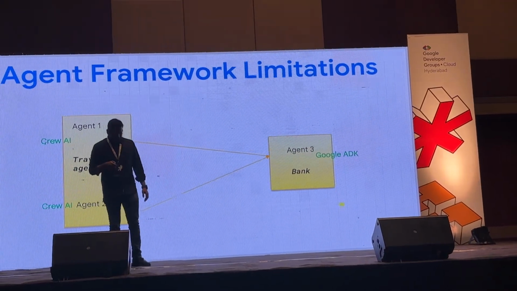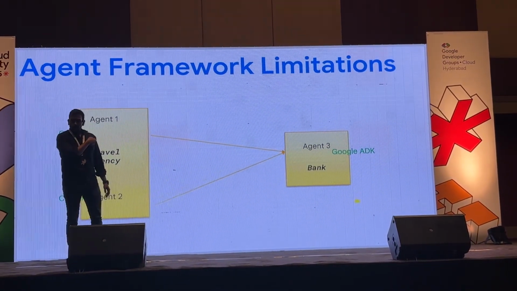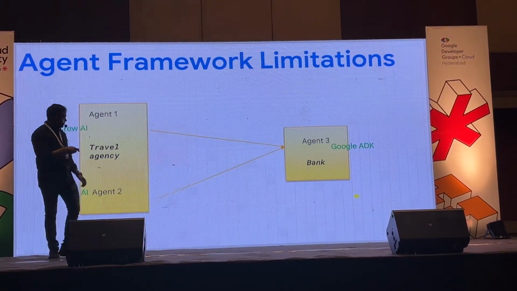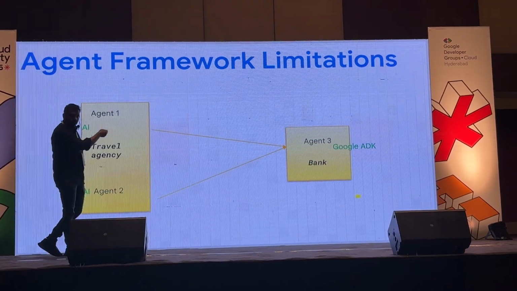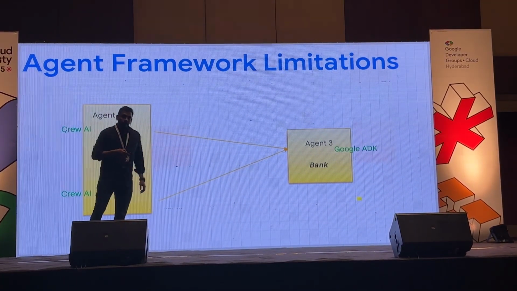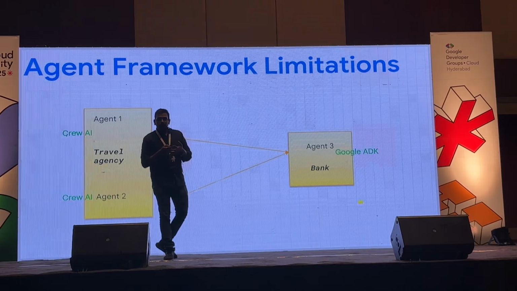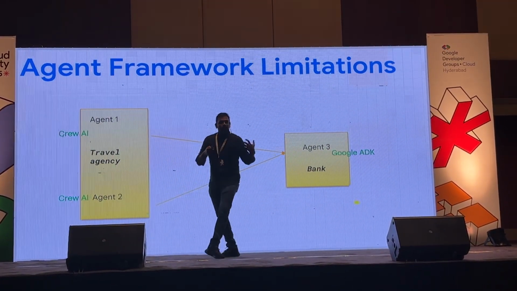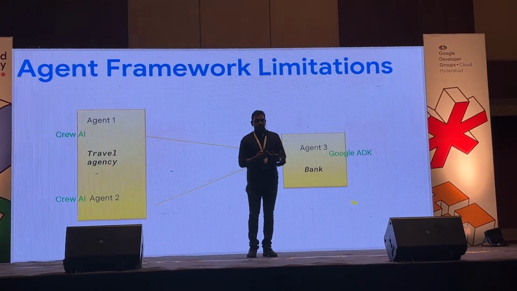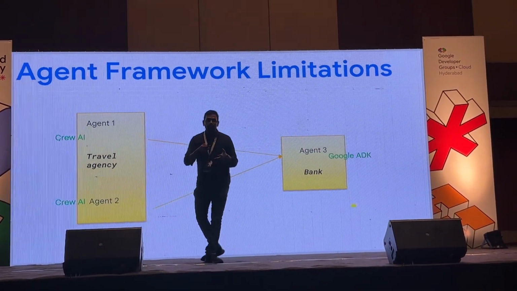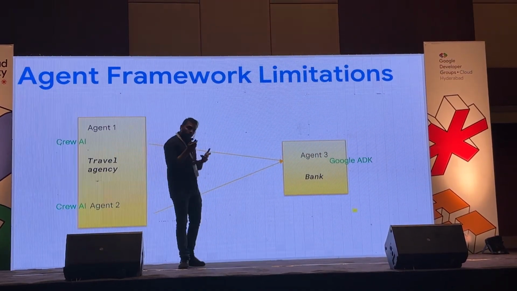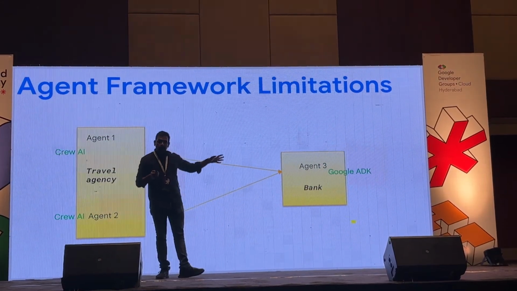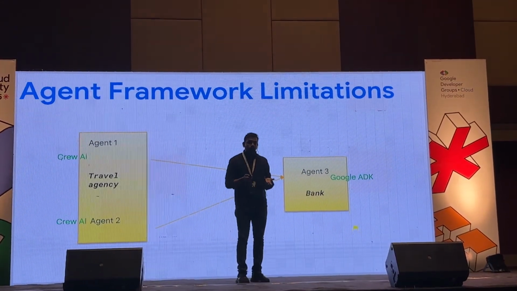But the challenge here is, this was built with CrewAI and this was built with Google ADK. What they are trying to do here is, this travel agent is trying to reach out to the third-party agent, which is a bank. Why? He wants to get some customer information, for example a customer credit score, so that he knows whether the customer qualifies for business class or not. Based on your credit scores, your travel agent might give you some perks. So in order to get that information, he is trying to reach out to this bank. But the bank is currently hesitating to give the customer data.